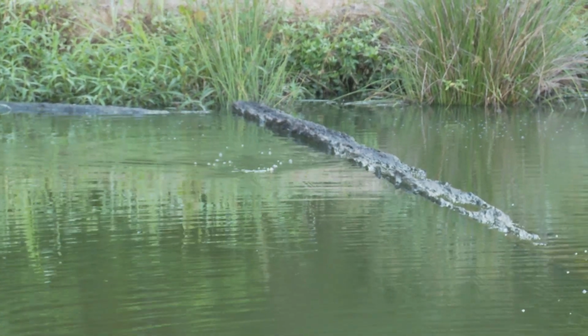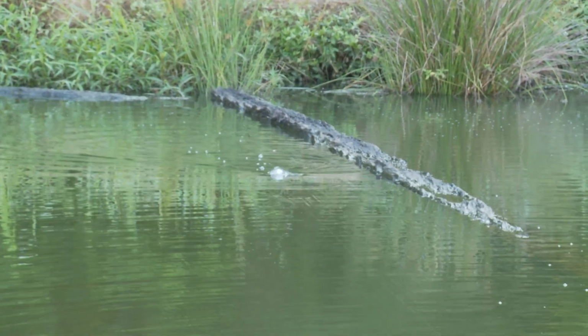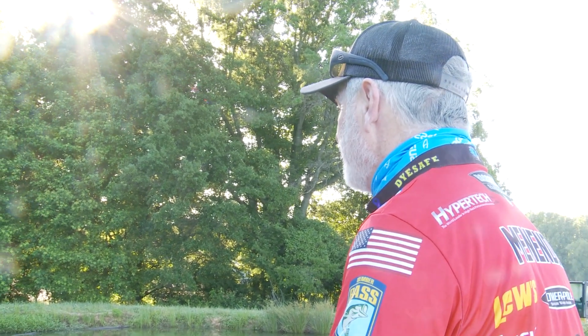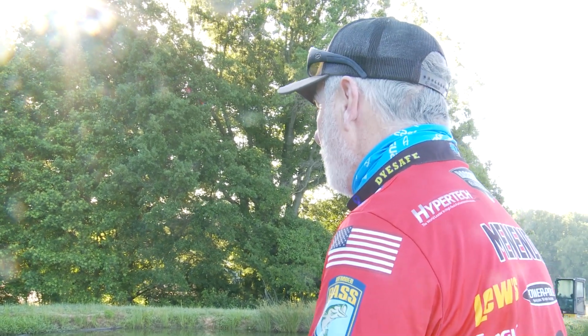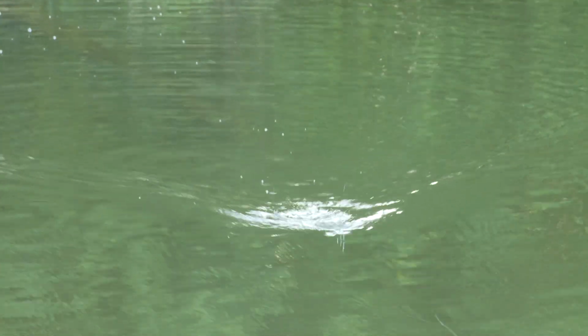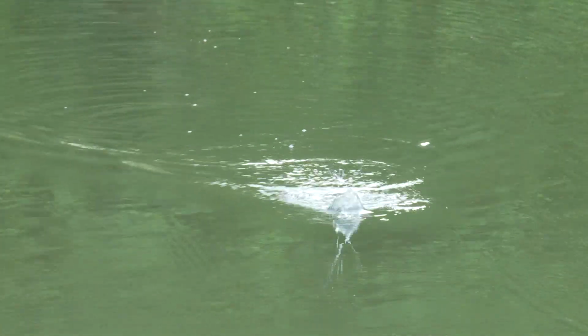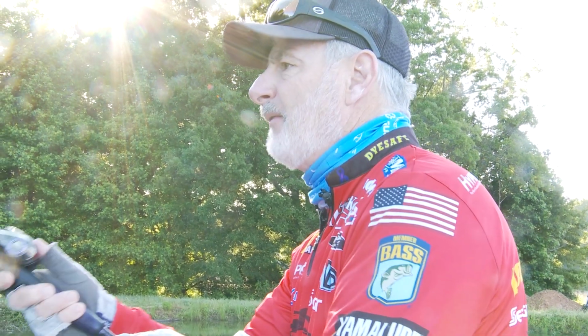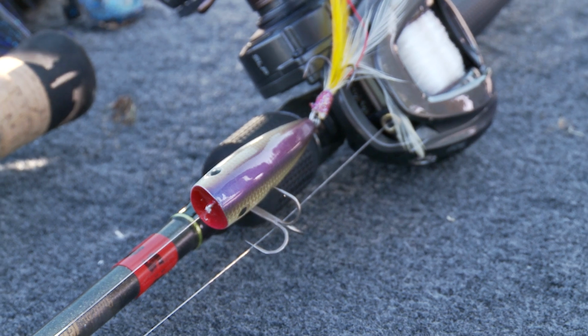Well, you know, when your granddaddy used to take you fishing, you'd always start the morning with something on top. Something popping, splashing, gurgling. It's always fun to catch a big one on top. So I thought, you can see there's not a ripple on the whole lake. I thought maybe we'd try a little KVD Splash, which is one of my favorite topwater baits because I can